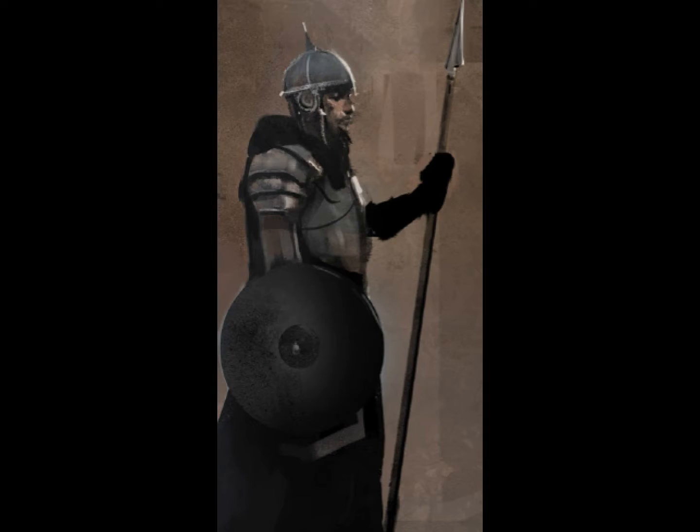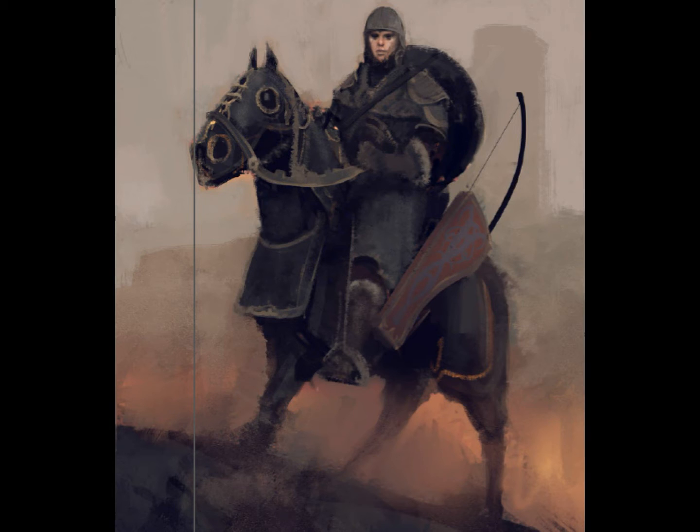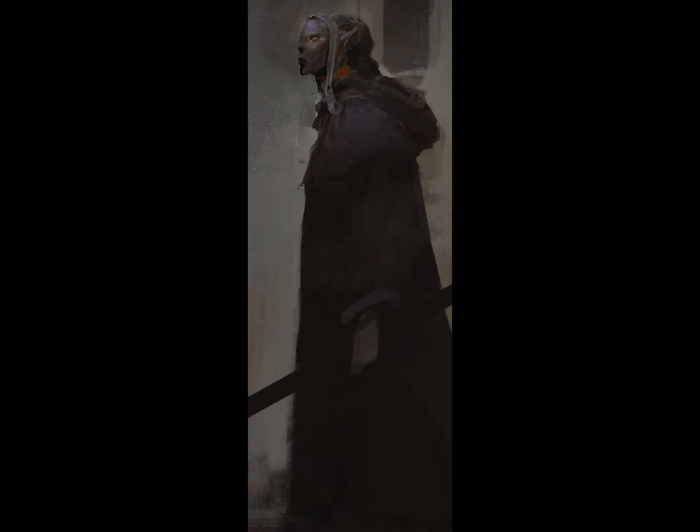Now let's talk about character creation. You can create a character belonging to any of the core races. You have two variants of humans, one civilized variant and a more barbarian type of human. You also have changelings, which are basically